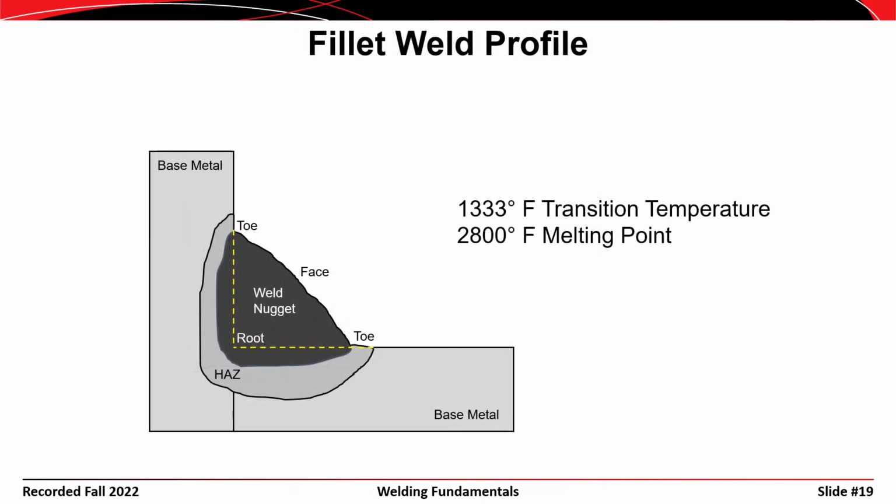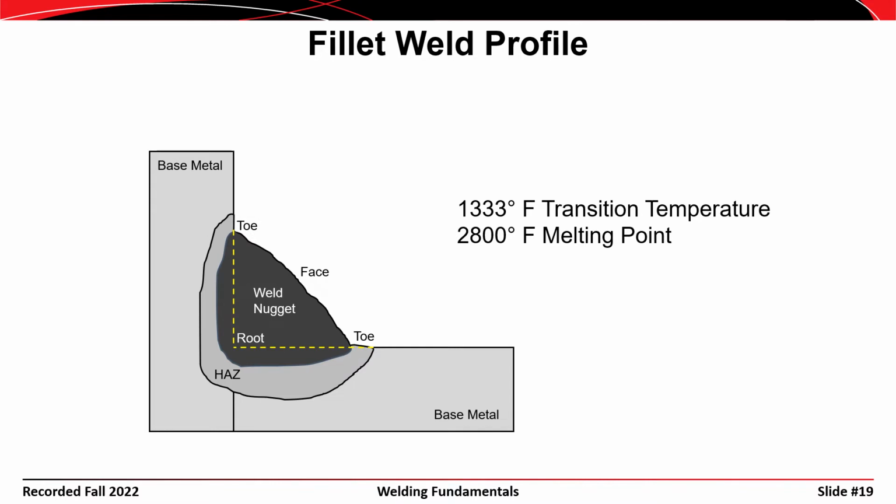Most of the time we can get away with specifying fillet welds, however. Fillet welds are easier to make, they're cheaper to make, and they can often accomplish what we need to get done. And this is a profile of a fillet weld. So you have the base metal, the lighter gray on the outside. You have the weld nugget, which is primarily the weld metal, the material that's deposited from the electrode during the